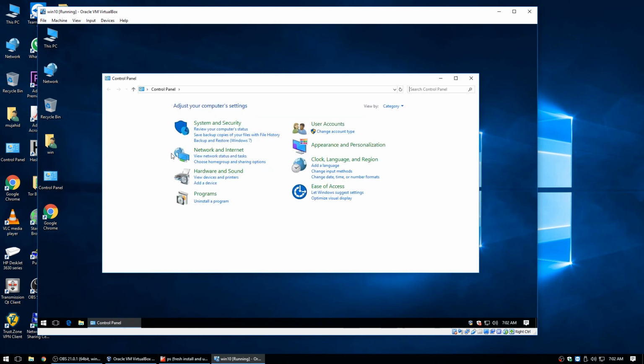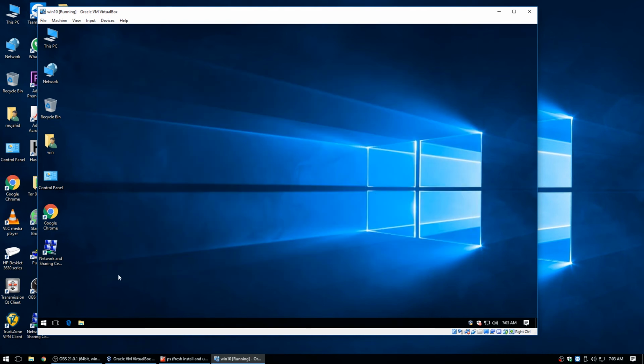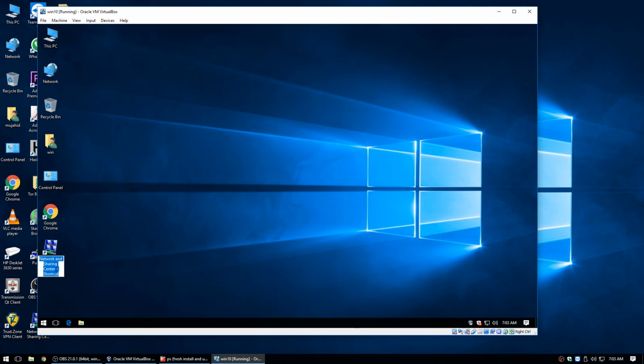One more thing I need to do about the control panel is view by small icons and make a network sharing shortcut on the desktop. And I think that's about it. Rename the shortcut, delete the shortcut part. Now we're going to